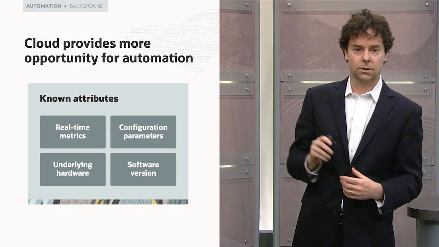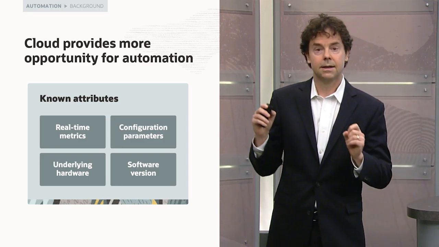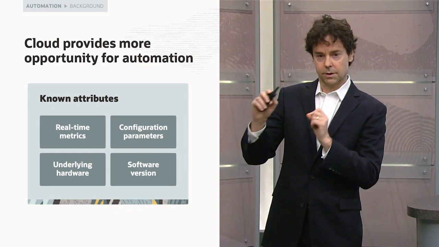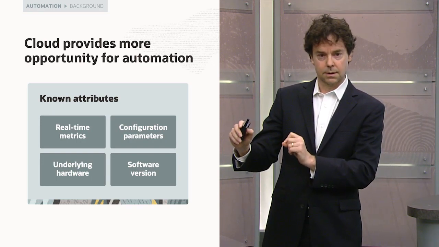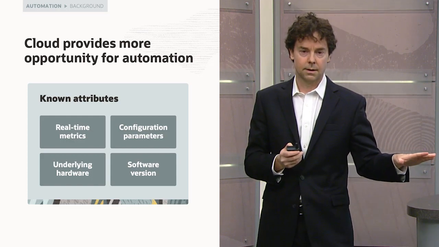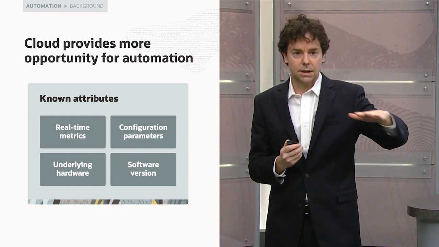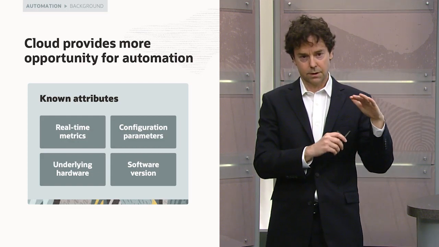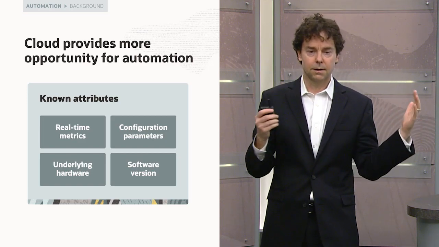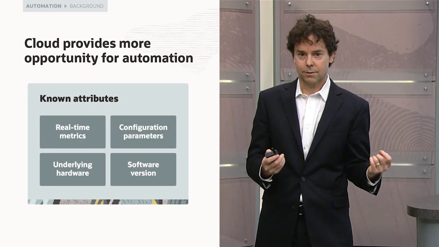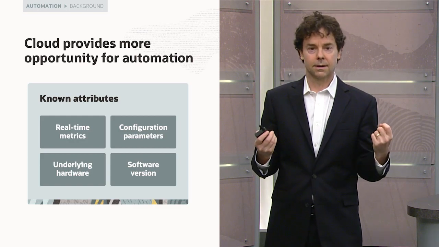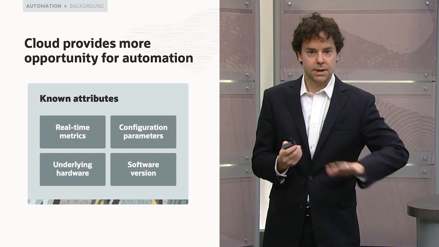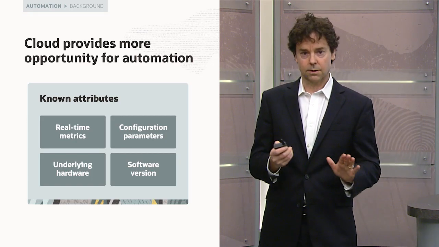We, of course, totally control the configuration parameters, which means that the autopilot can actually adjust those parameters. Those parameters are totally under autopilot's control. We have total control of the underlying hardware. That means that our machine learning models only need to target a relatively small number of physical configurations, which makes it much more effective. And finally, we completely control all of the software versions of everything. I mean, firmware, operating system, the MySQL software we wrote, HeatWave software, absolutely everything is under our control.